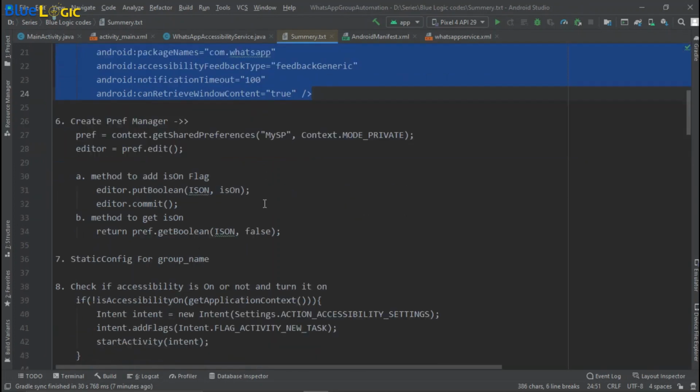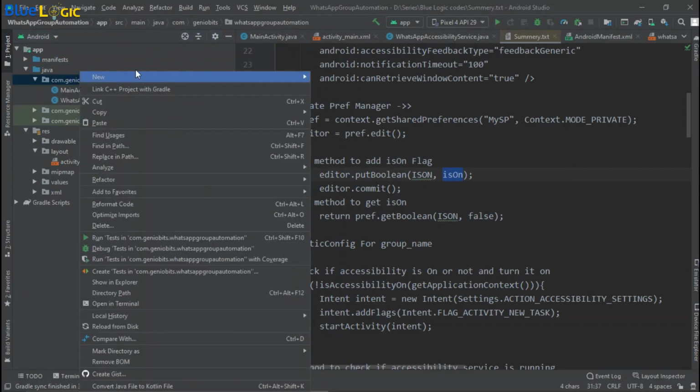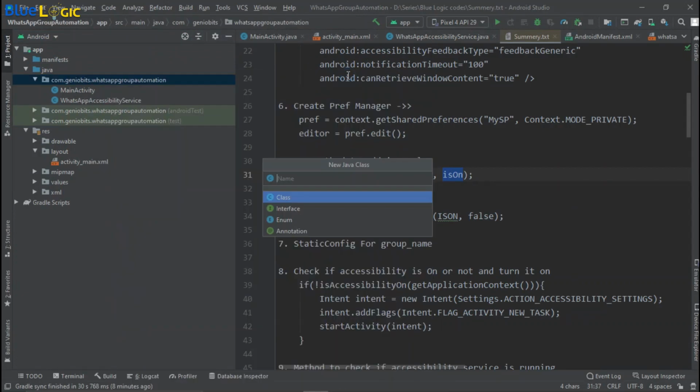So our sixth step will be to create a preference manager. As I already told you, the preference manager is to store our flag which will tell us if our accessibility service is running or not running. So for that we will use this variable, that is on. Okay, so let's create one more class for the preference manager.